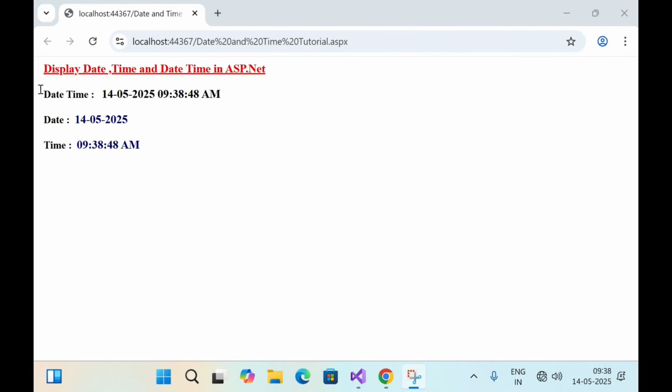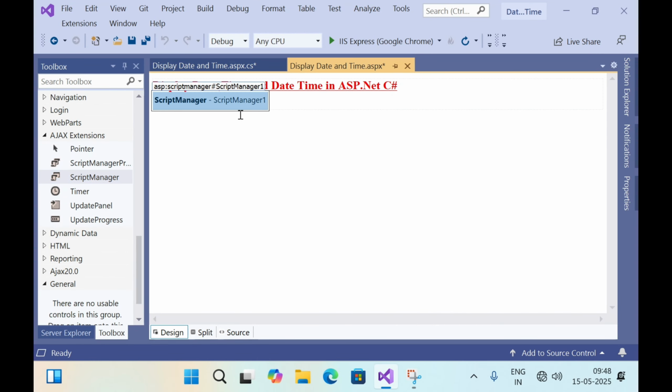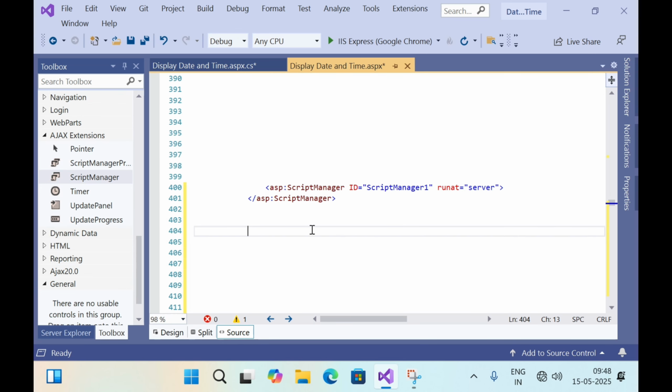Today's topic is how to display date and time in ASP.NET. Drag and drop one script manager. Select this script manager and click on source and drag and drop one update panel, and within this update panel